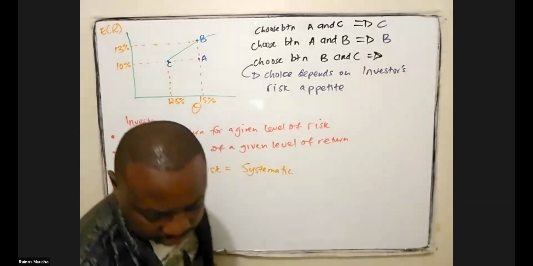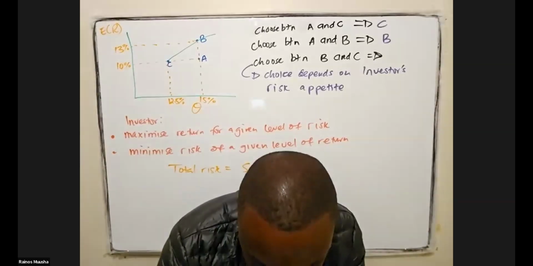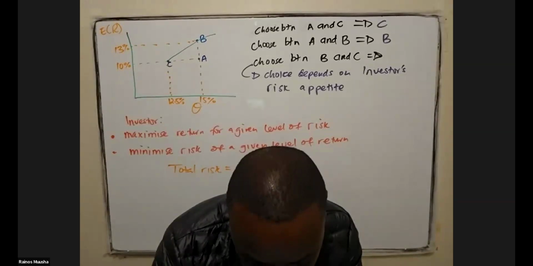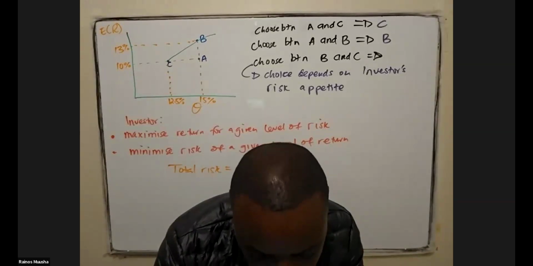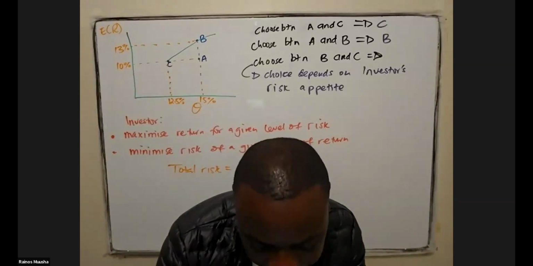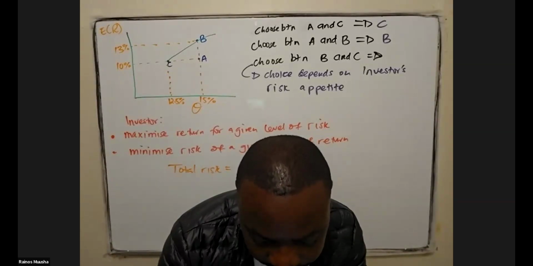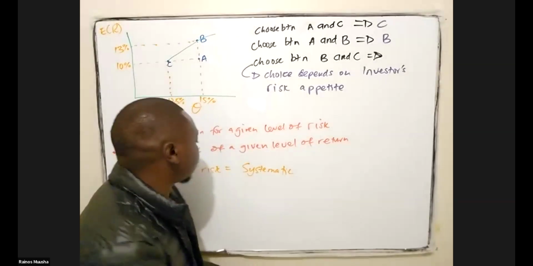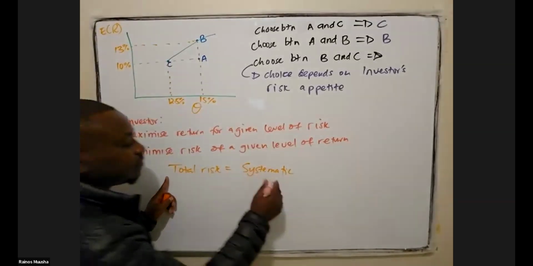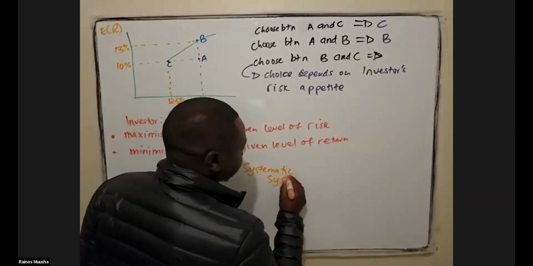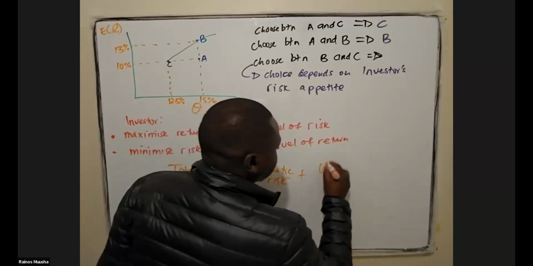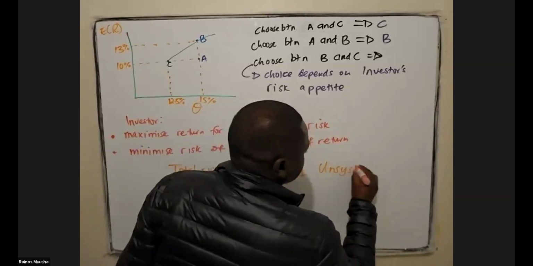We're going to discuss this in the next section where we talk about the capital asset pricing model, where we'll be discussing the beta and how it relates to the capital asset pricing model, and how it relates to the total risk of the portfolio. So your total risk is given as your systematic risk plus unsystematic